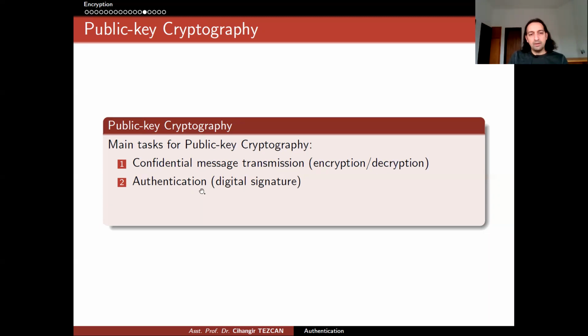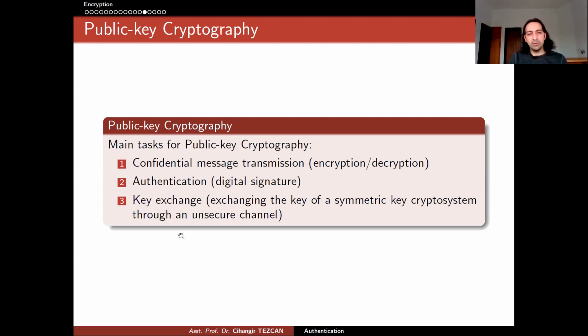So it also solves the problem of authentication by using digital signatures. But more importantly, it solves the key exchange problem, because with these algorithms, we can exchange a symmetric key cryptosystem encryption key through an unsecure channel. So this is the most important thing for me for this lecture, because as I told you at the beginning,